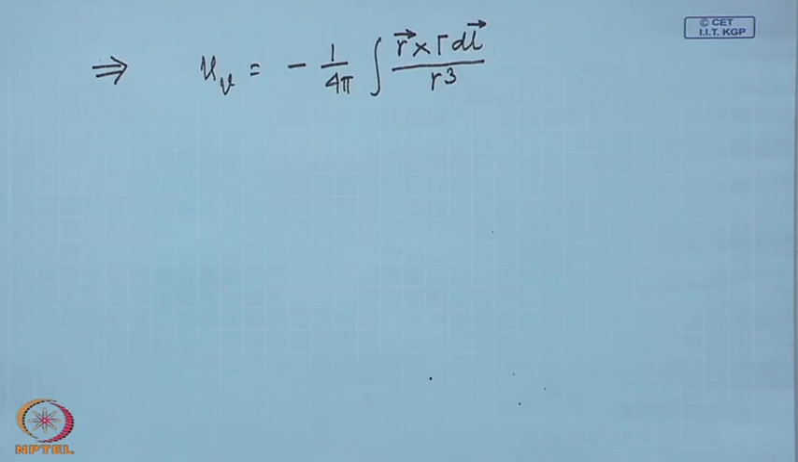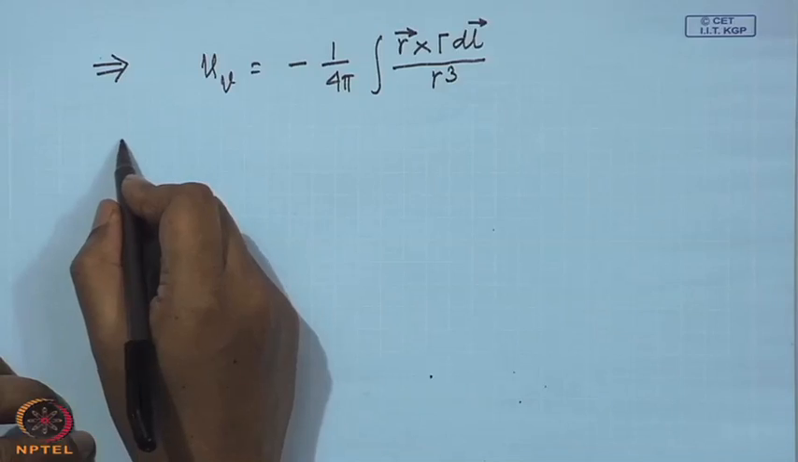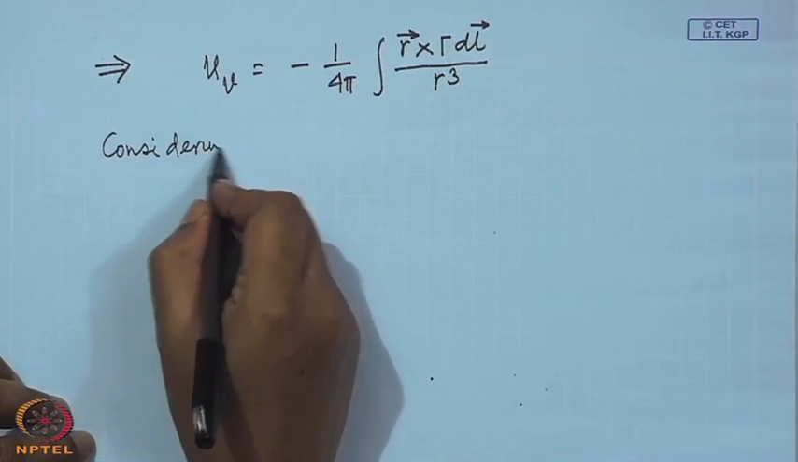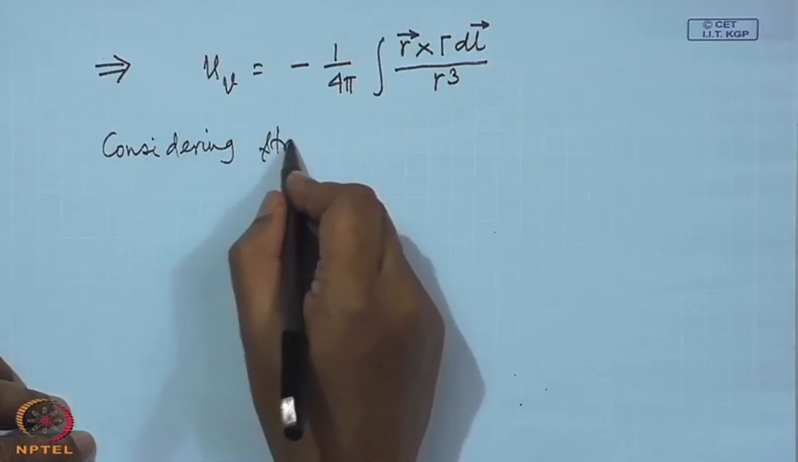That is all right. Now, for simplicity, consider this line to be a straight line and this gamma to be constant everywhere, a uniform vortex distribution about a line. So, considering a straight line vortex,